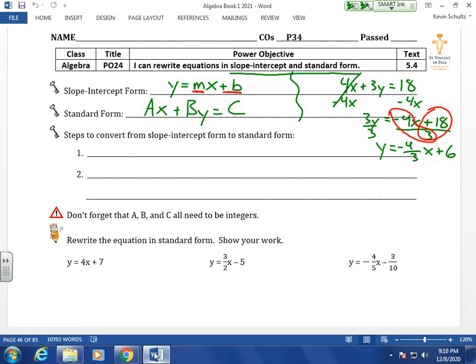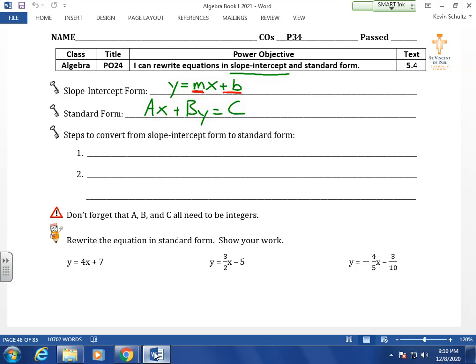Today in PO24, we're talking about going back, taking an equation that's in slope-intercept form and going back to standard form. Since we're going back to standard form, our steps are basically going to be the opposite of what we did to get to slope-intercept form. I'm going to erase this so I have a little more space to write. Our first step to convert from slope-intercept form to standard form is to multiply each term